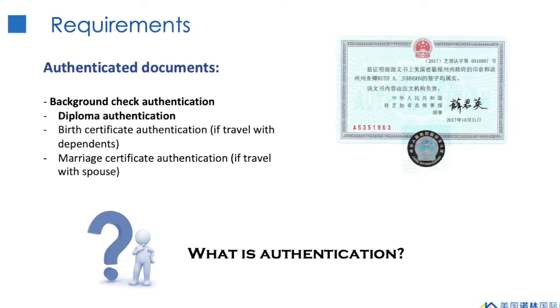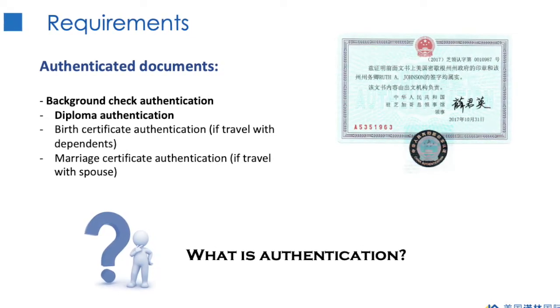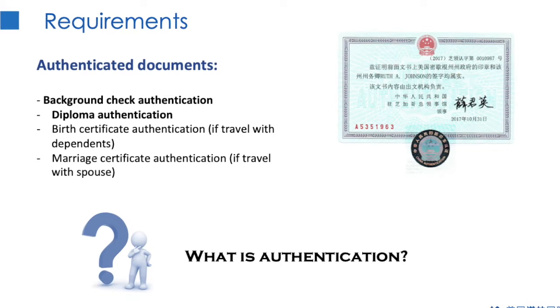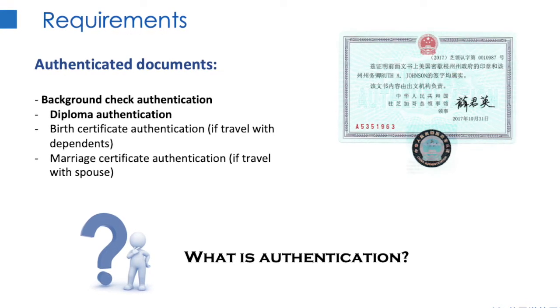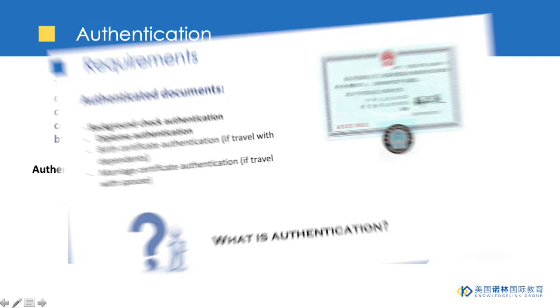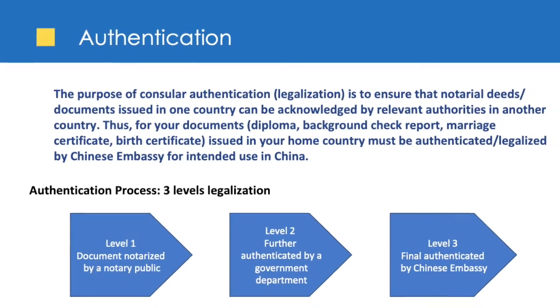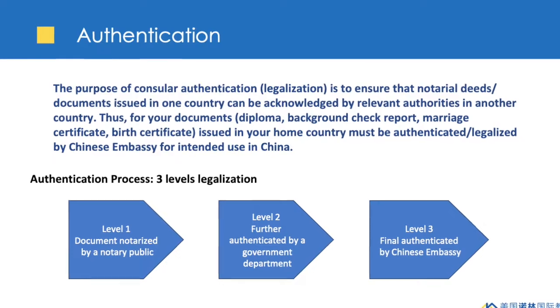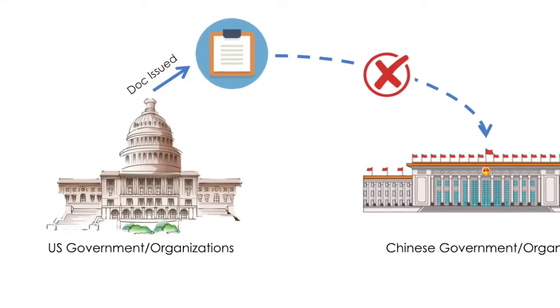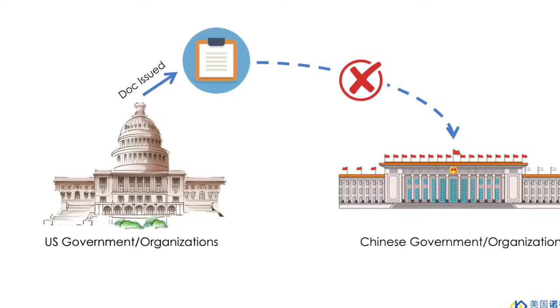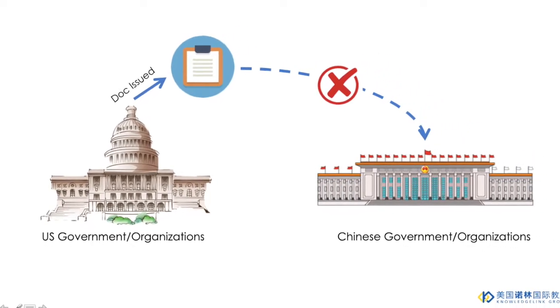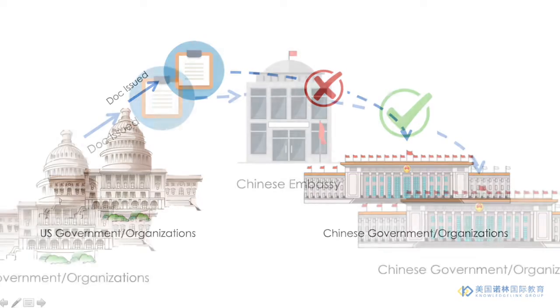For authentication, I can introduce it all together because the process works the same way for all documents. So what is authentication? The purpose of authentication is to have your documents admitted and used in China. To make it simple, let's say you have applied for a background check report in the US. Because it is issued from the US government,